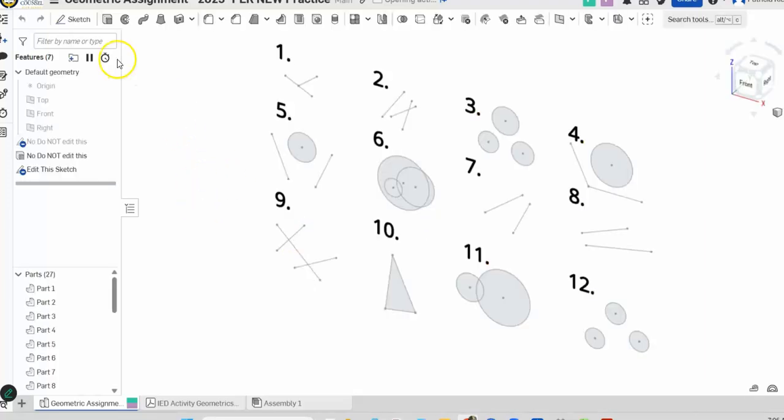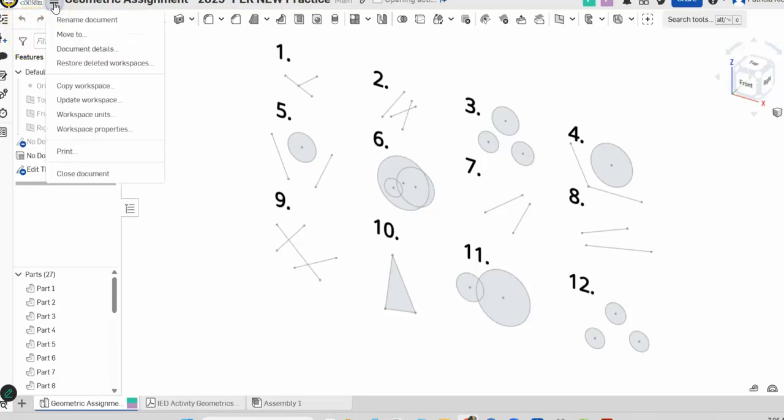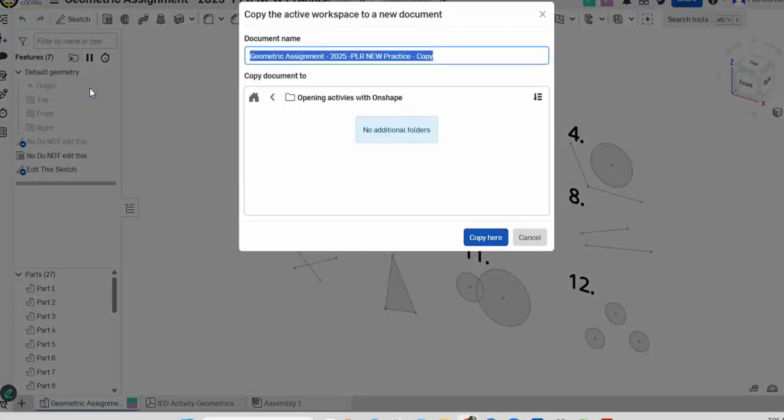So I want you to be able to copy this workspace. So you see what I just did? I just grabbed those three little lines, and I'm going to say copy workspace, and then I want you to